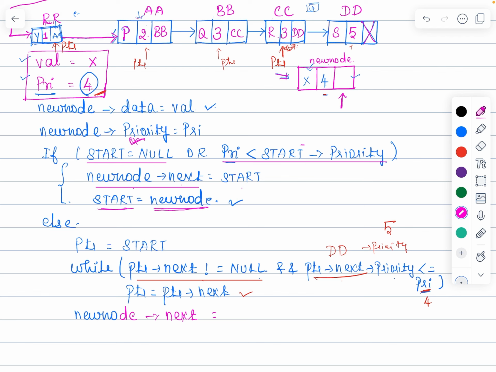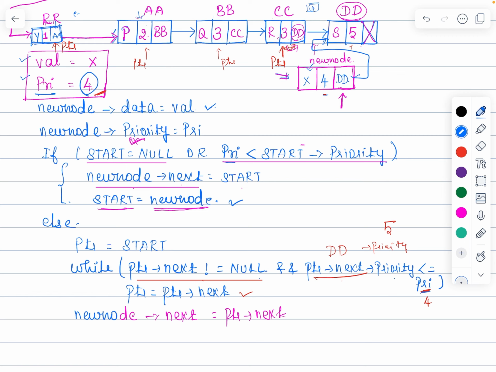We found the right place, which means what? It should fall in between the node CC and the node DD. So in the new node's next field, since I want to insert it here, the address DD should come. The address DD has been placed in the pointer's next field. So shall we write like this: in the place of the new node's next field, write pointer's next. Pointer's next is what? DD. So the address DD can be written here. Since the address DD has been written here, these two would be connected,